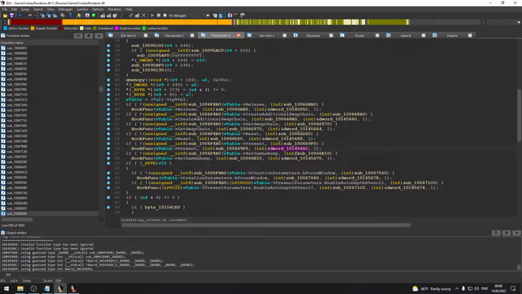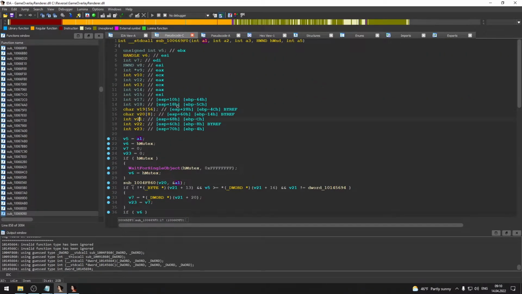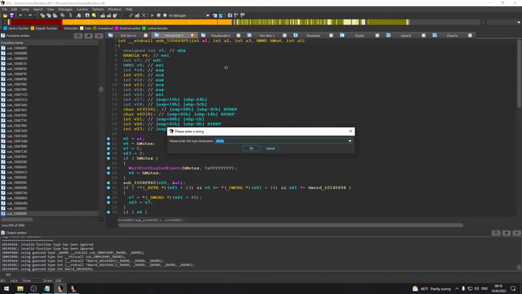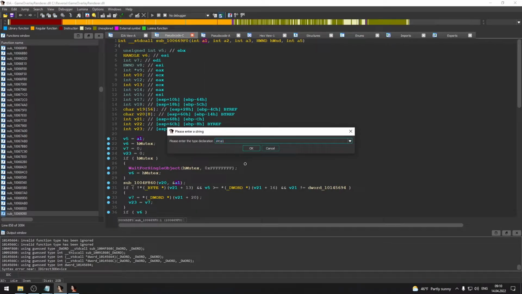So 10, 40, 15, 6, 16, C. 10, 14, 40, 15, 6, 16, C. So this is it. We have V5, V5 is A1, A1 is our P device. So this is the direct P device pointer. I think I just typed something wrong. Indirect